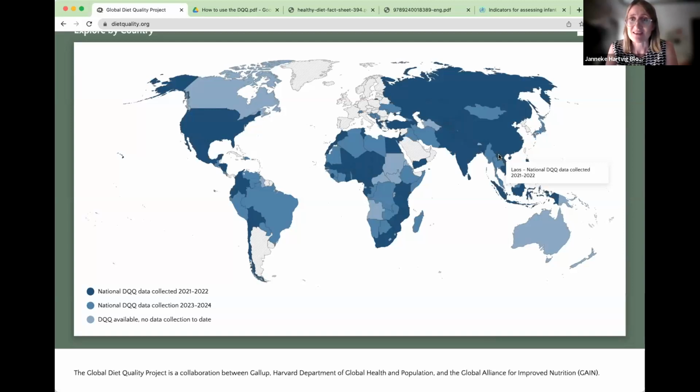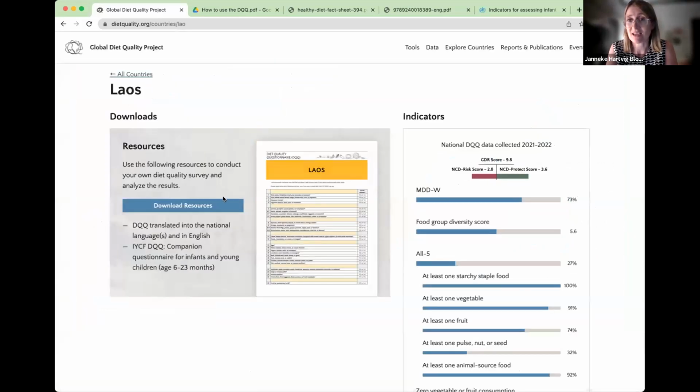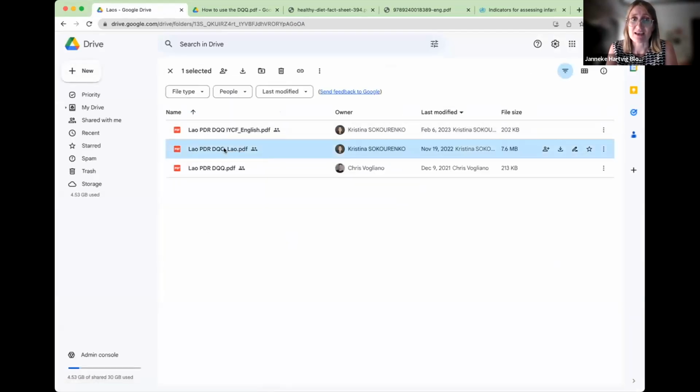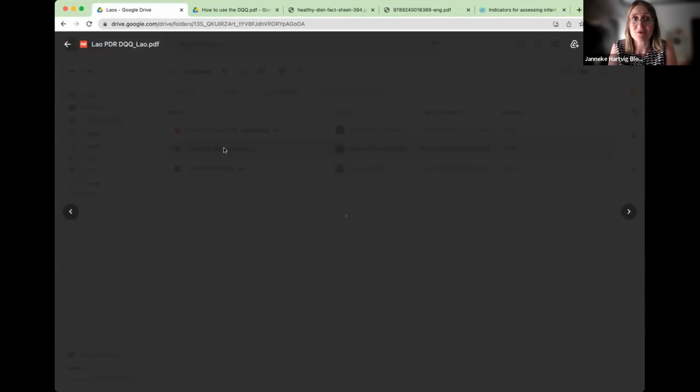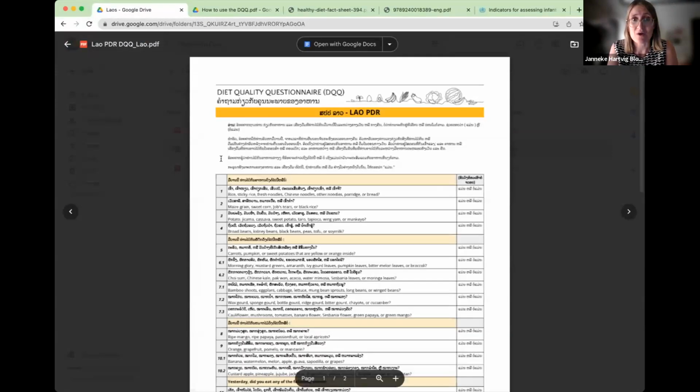We joined hands with the DQQ team to support on the adaptation of the standard tool for the context of Laos and the translation of it, as well as supported the data collection. Here we see the DQQ survey in Laos, which we worked on together with colleagues from other UN agencies and other development partners, to really identify which were the most appropriate foods